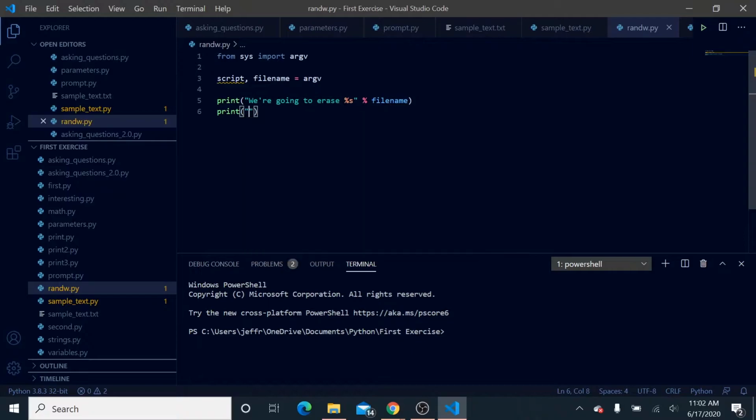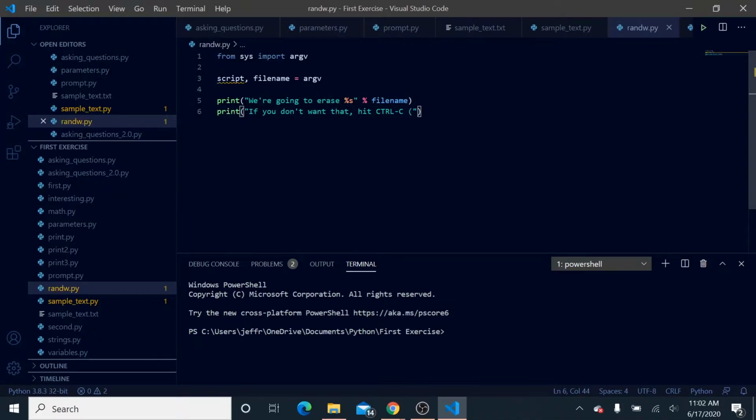Then we print "if you don't want that, hit CTRL-C"